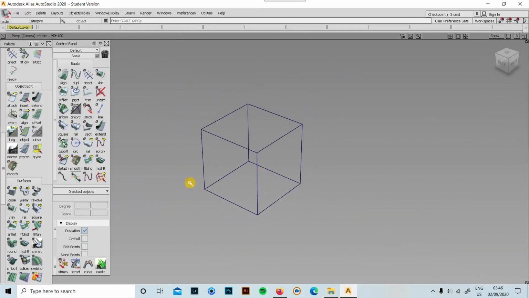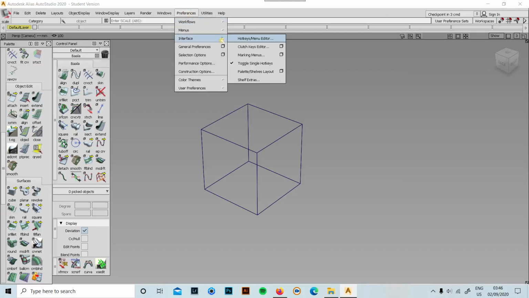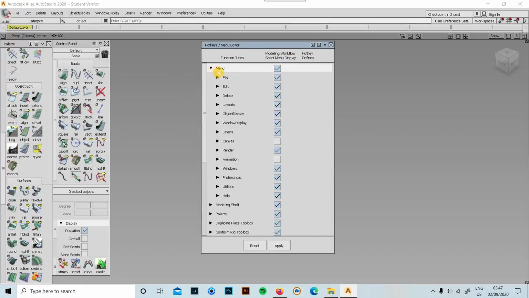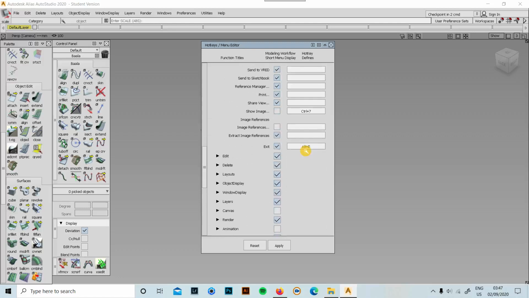Okay, so scale. I could see the cube in only wireframe, right? So I need to make it into a shaded one. So I have already assigned the hotkeys. Hotkeys are in preferences. We need to go to general, then preferences, interface, and hotkey. In this, you will be assigning the hotkeys, and you can set the hotkeys according to how you're going to use it.